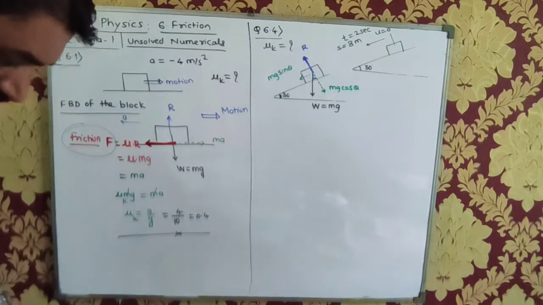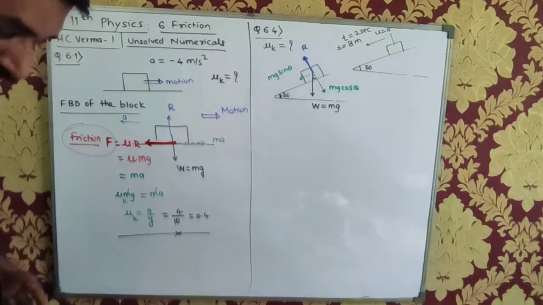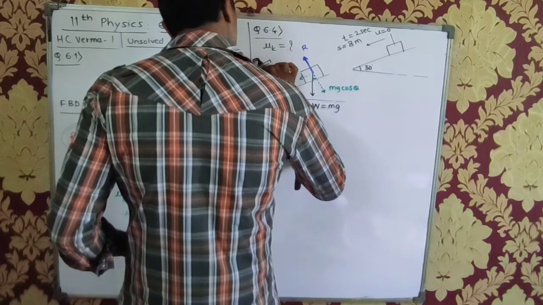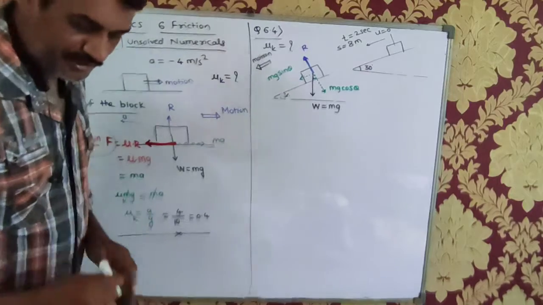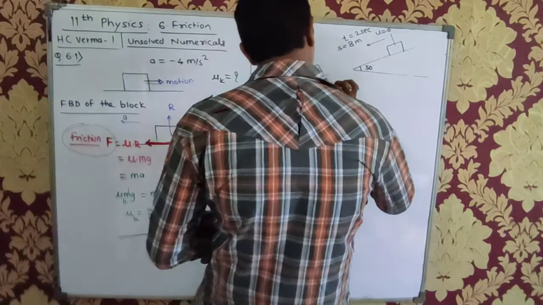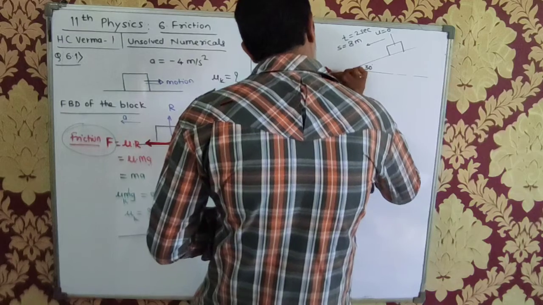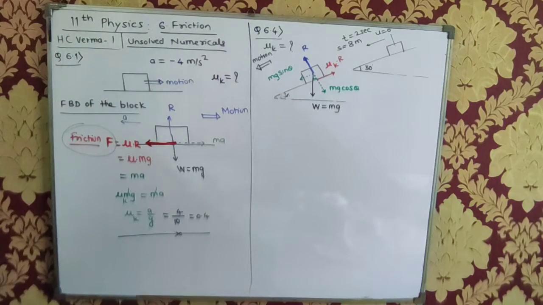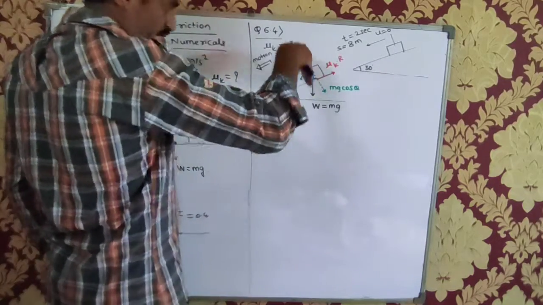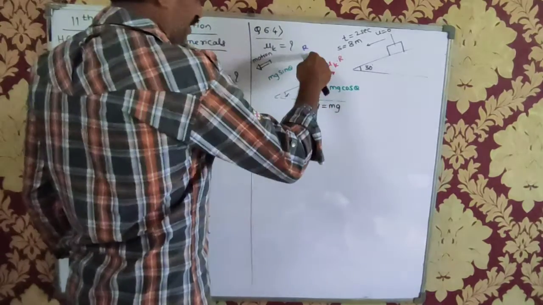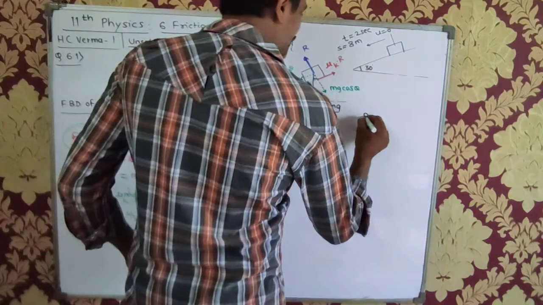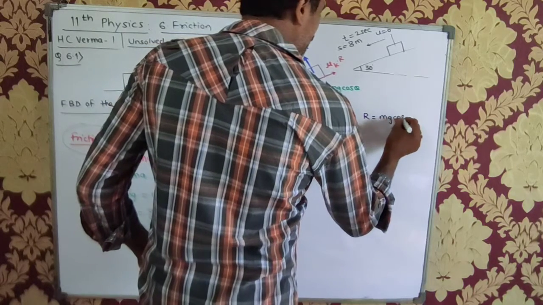Now tell me in which direction? Because the motion is taking place in which direction? This is the direction of motion. If this is the direction of motion, the frictional force is acting in the opposite direction. It will always oppose the motion. So this is acting in this direction, which is equal to mu k times the normal reaction. Now equating, because this block is not going up or coming off the plane, R is equal to mg cos theta, because this force and this force are balancing each other. So R is equal to mg cos 30.